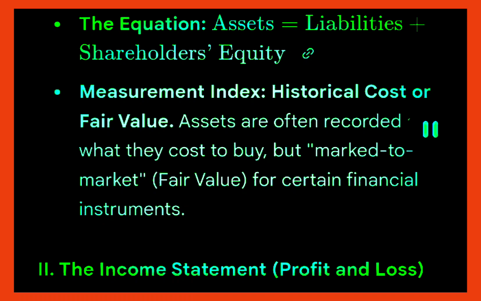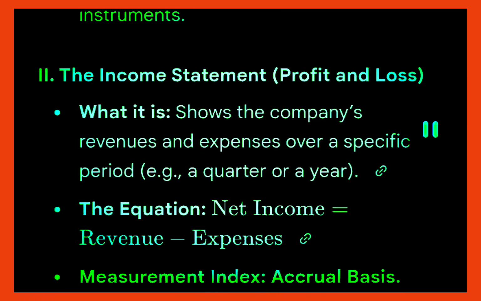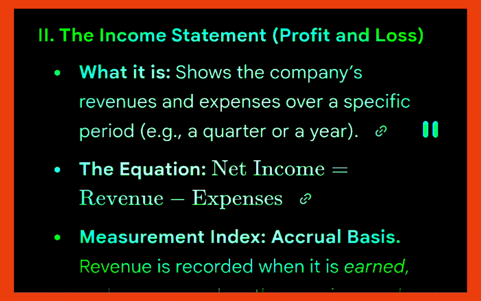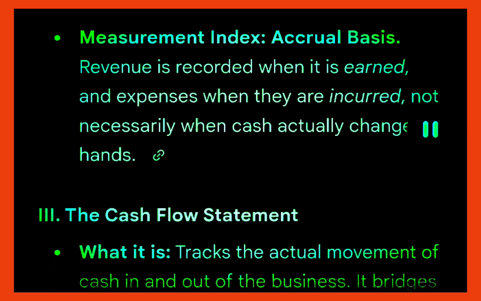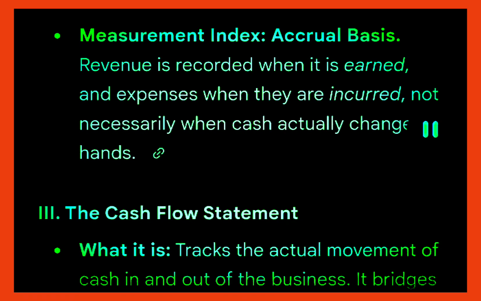financial instruments. 2. The income statement, profit and loss. What it is: shows the company's revenues and expenses over a specific period, e.g., a quarter or a year. The equation: net income equals revenue minus expenses. Measurement index: accrual basis. Revenue is recorded when it is earned, and expenses when they are incurred, not necessarily when